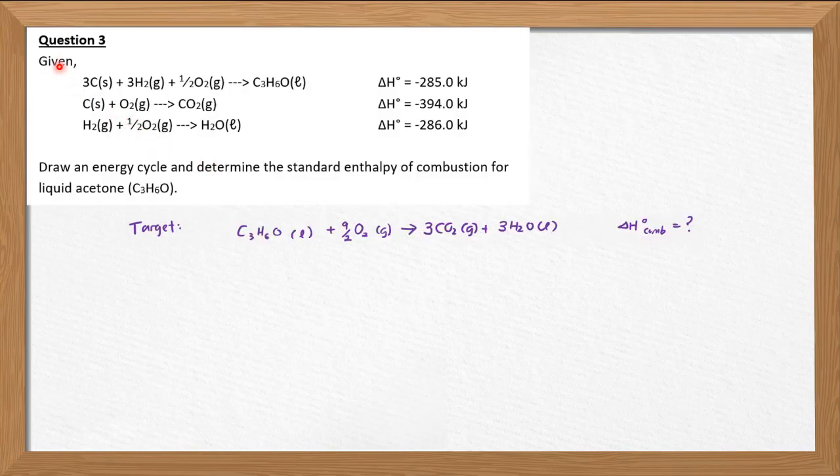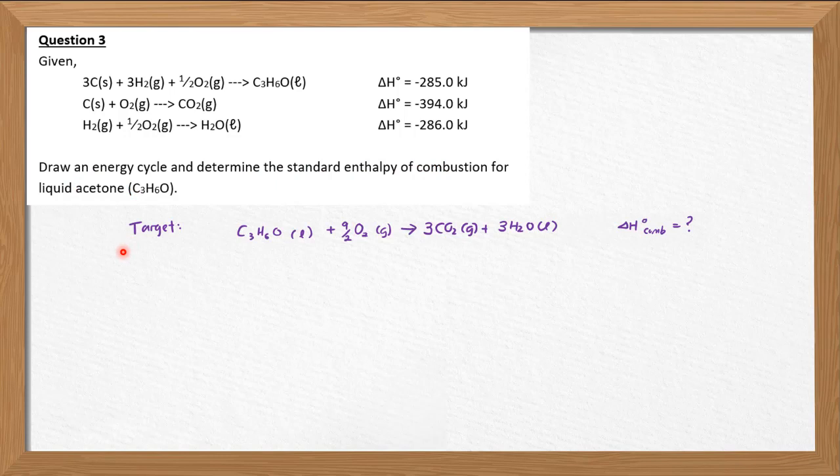In this example, question 3, the question is slightly the same as question number 1. You have the enthalpy of formation for C3H6O, the enthalpy of formation for carbon dioxide, and the enthalpy of formation for H2O. So again, revise: formation says that when 1 mole of the compound is formed from its elements at their standard state under standard conditions. In this case, you need to draw an energy cycle and determine the standard enthalpy of combustion for